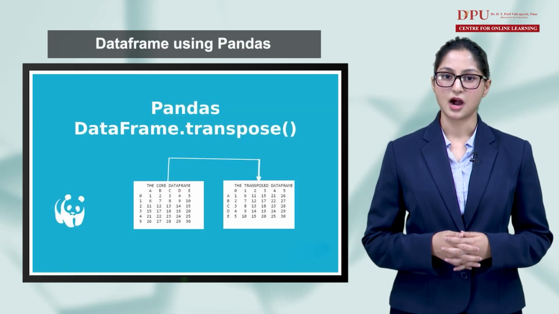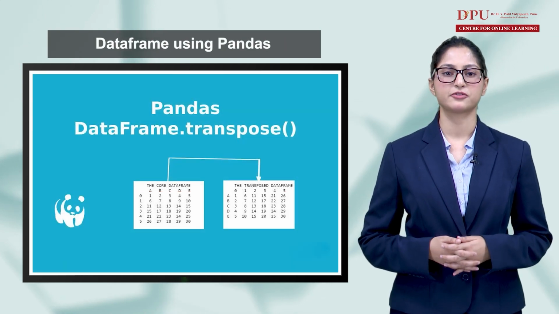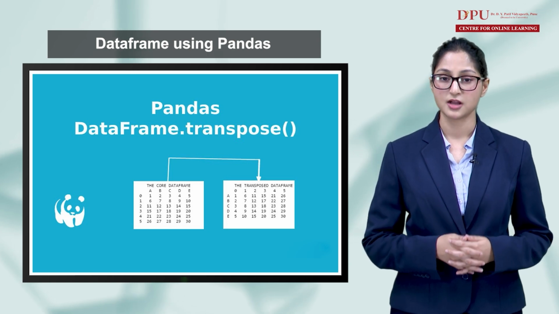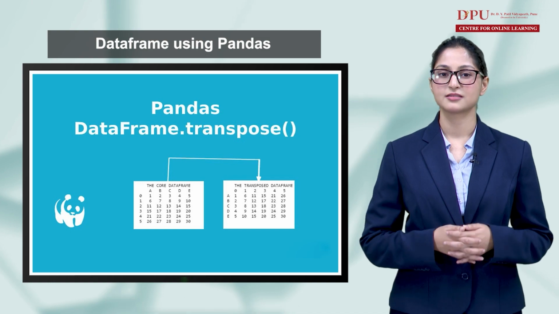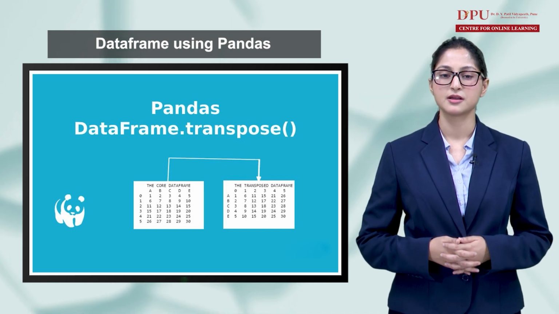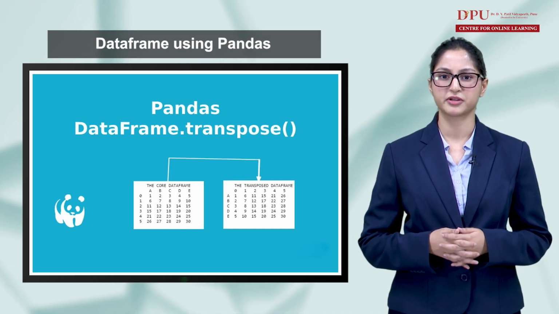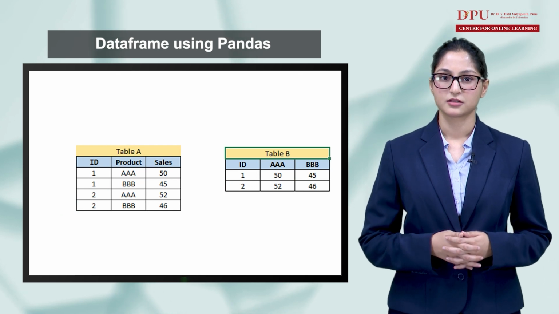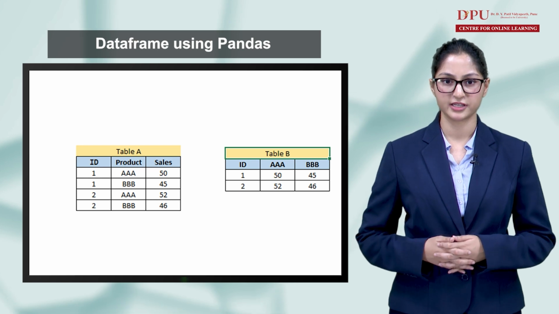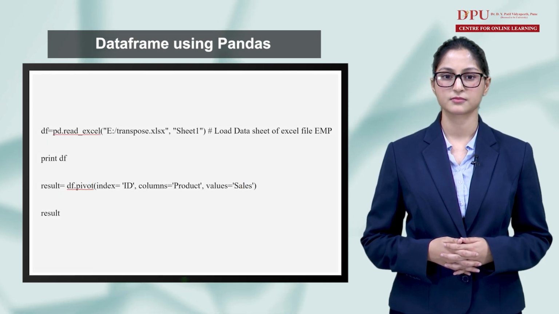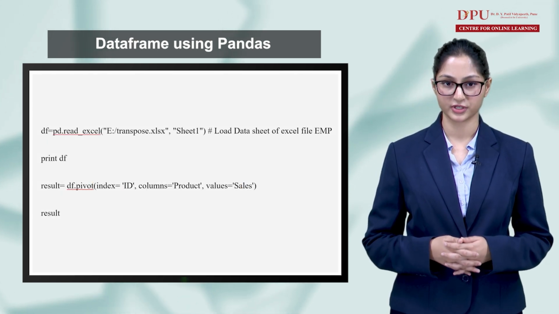Part 3. How to transpose a dataset or data frame using pandas. Here, I want to transpose table A into table B on the variable product. This task can be accomplished by using pandas dataframe.pivot. Please follow the code given below for transposing a pandas data frame by a variable. The output is